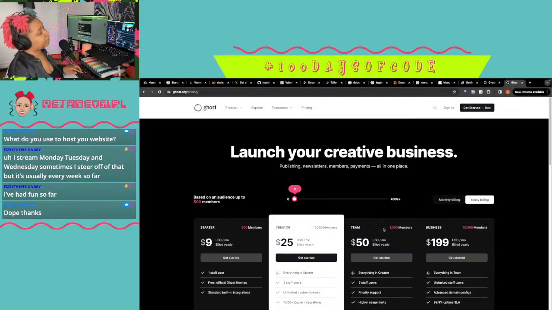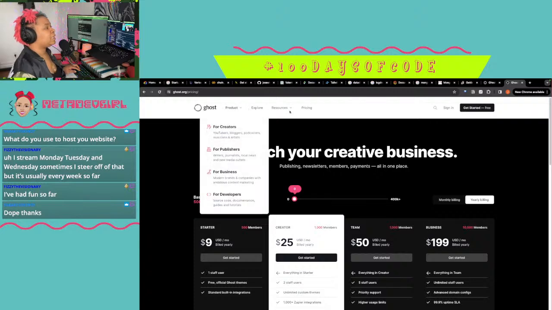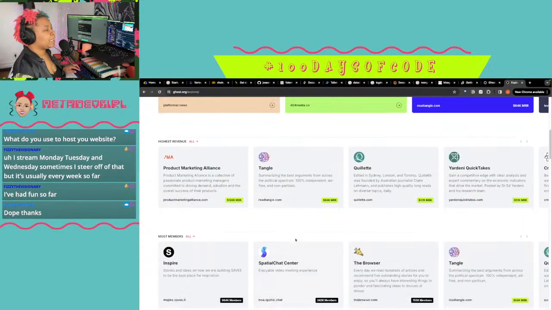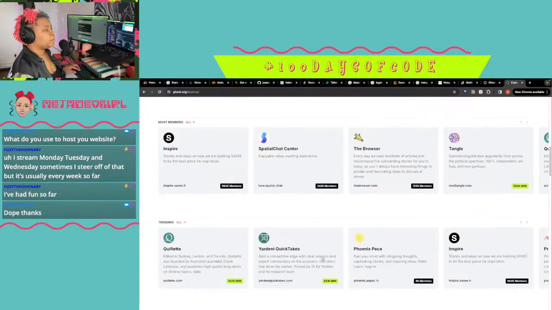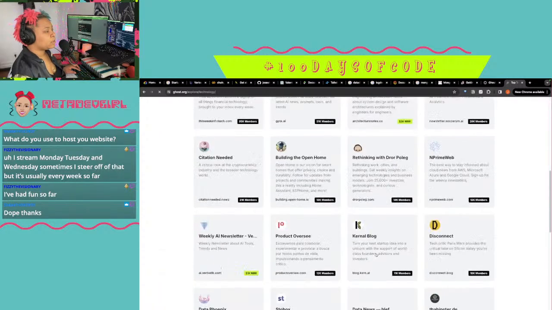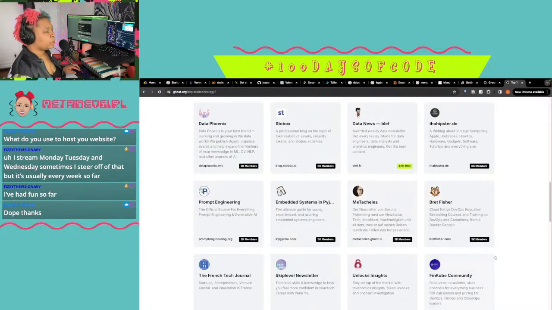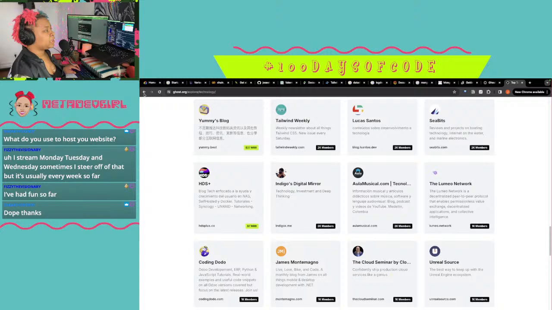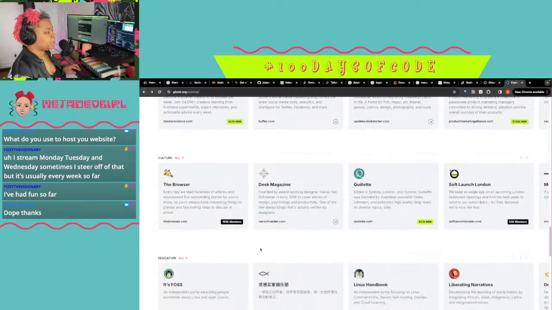Highly recommend. I'm about to use this one for our MVP developer stuff. I'm about to actually use Ghost for that platform too. And Ghost even has a cool thing now where you can submit your site into their library or their catalog. So I'm going to submit mine into the technology catalog, which I probably should have already done, and then I'm also going to submit it into, I think there's an education one, yeah.